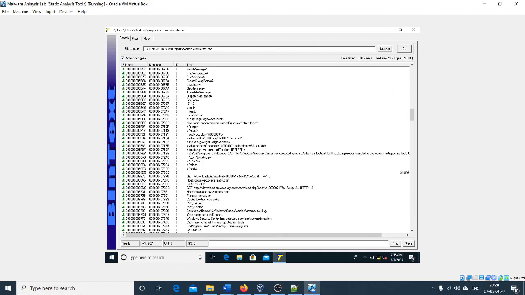Coming down, I have a very interesting thing, right? Some HTML script is there, right? In this HTML script, there is a note that says Windows Security Center has detected some spyware. Your computer is dangerous, right? So some script is there. As I said earlier, we have confirmed this as a GUI mode portable executable file. It will show, it may pop up some